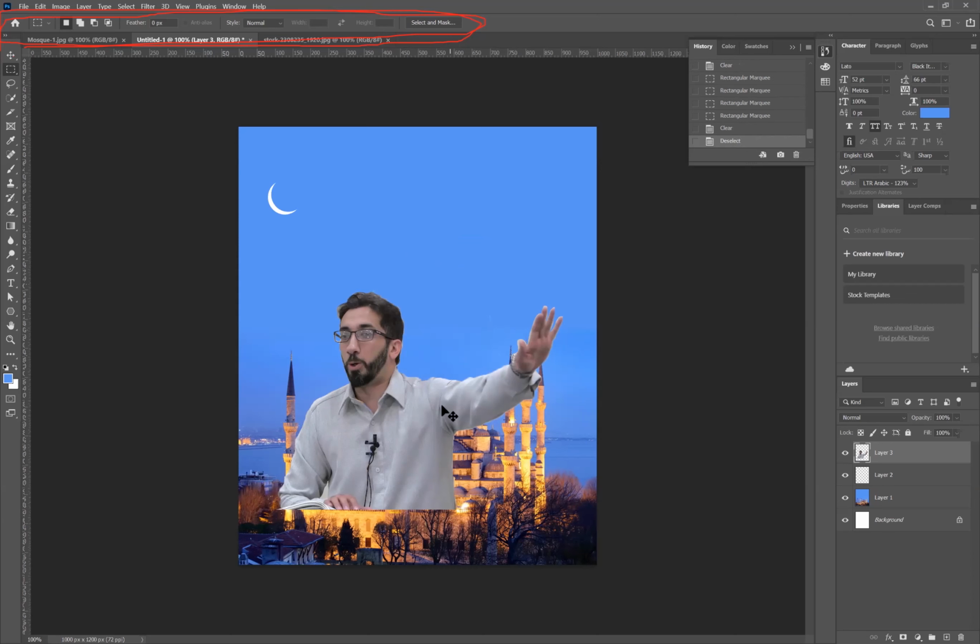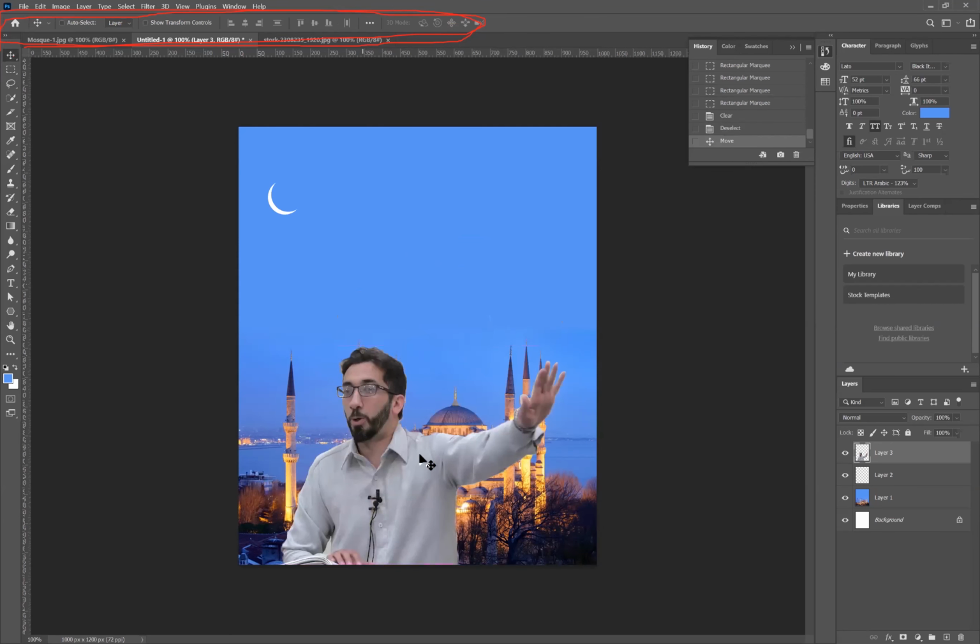Okay. So with this process, I showed you the lasso tool, then quick selection, and then the hand sign, and with the help of the plus and minus sign, how to do the quick selection. Do you want me to repeat this, or is this okay? You got it? Yes, please repeat it. Okay.